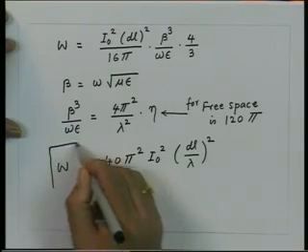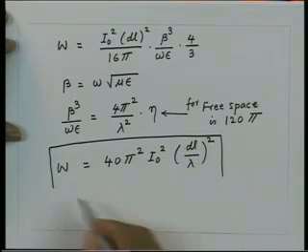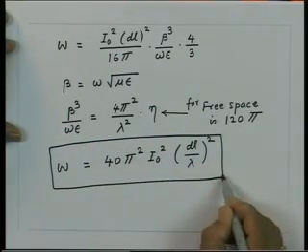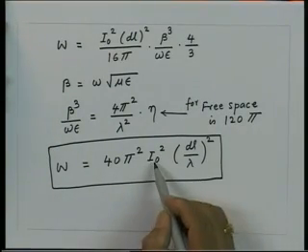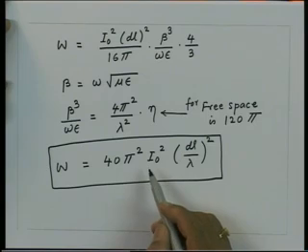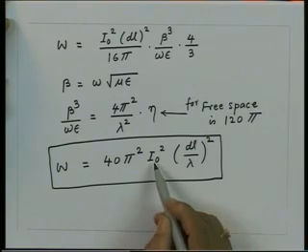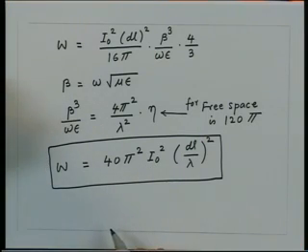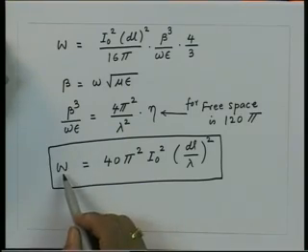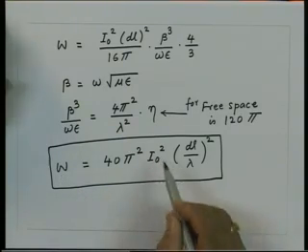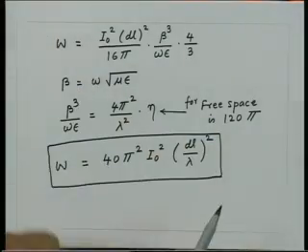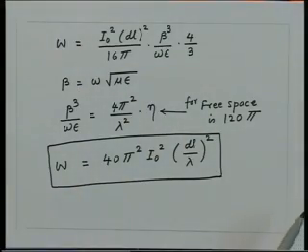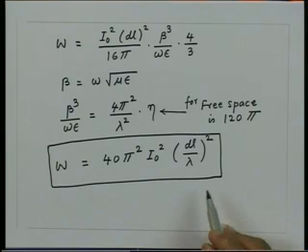So, for a given current I 0, remember the I 0 is the peak current, because we had taken the variation of the current as I 0 e to the power j omega t. So, this I 0 is the peak current which is flowing in the current element. The total power radiated will be proportional to the square of the current. That is normally the case whenever we talk about the power being proportional to the square of the current. So, that is true in this case also.